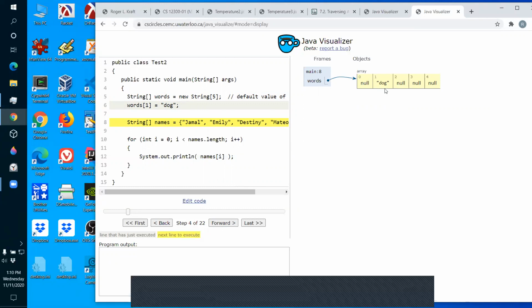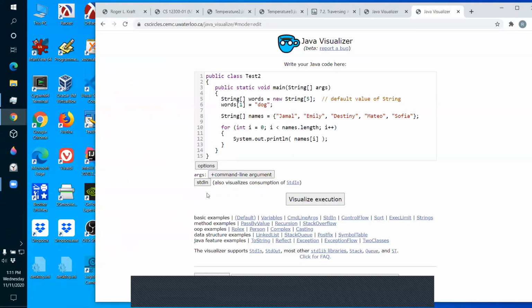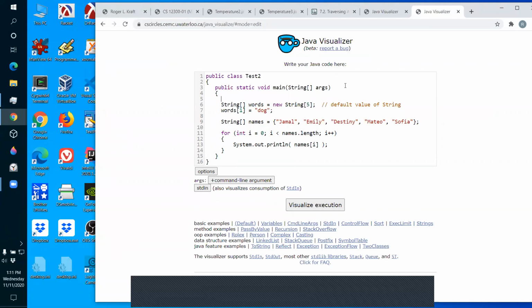Now, let's back up a little bit. There's something I want to point out, that this picture is not right. This is not really the right picture of these arrays. This is the Java visualizer, again, trying to make things easy, but it's doing it by showing you something that could mislead you later on. Remember how string reference variables work.